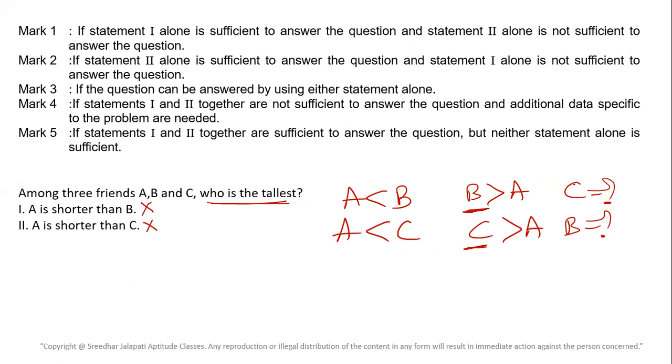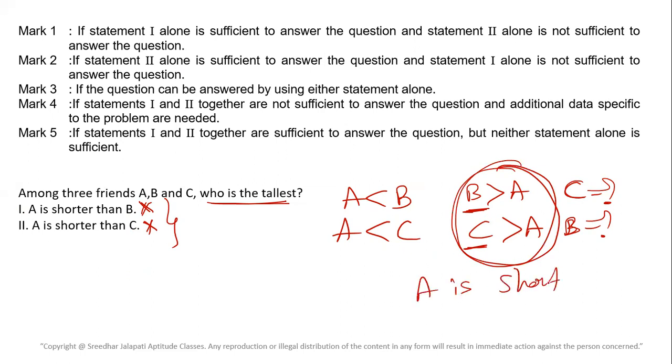In the second statement, we don't have any information about B. In the first statement, we have no information about C. So therefore, individually, they are not sufficient to answer. So what is the next step? Combine. On combining, B is taller than A, C is taller than A. So that means obviously A is shortest, and the tallest is between B and C. Who is that? We do not know. One between B and C is tallest, but we don't have enough information to say who.